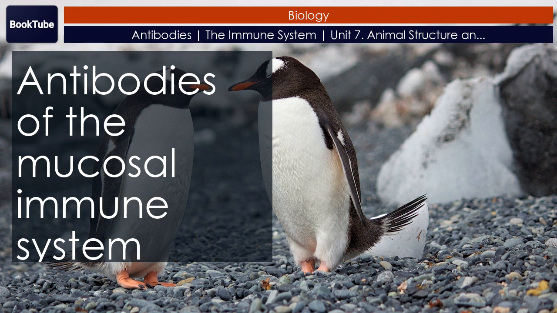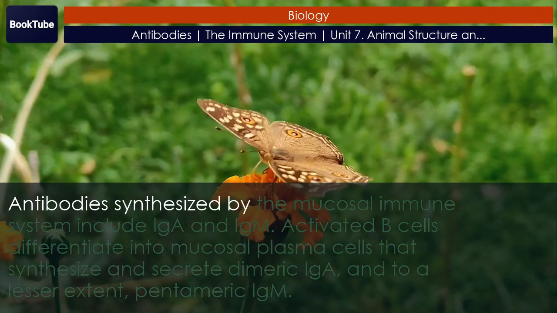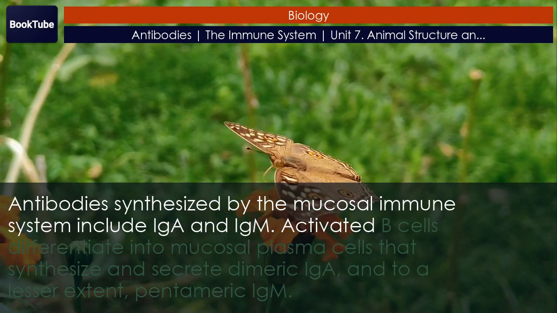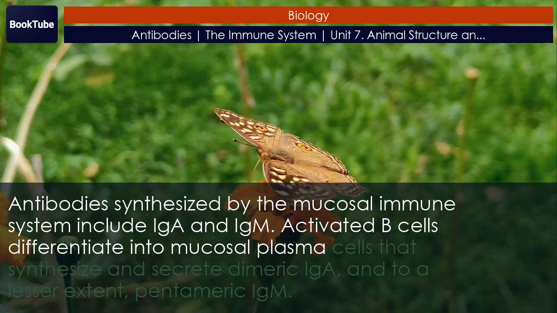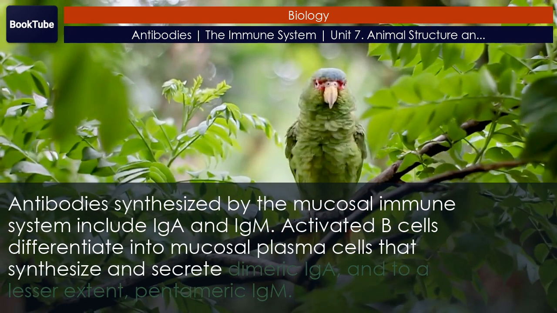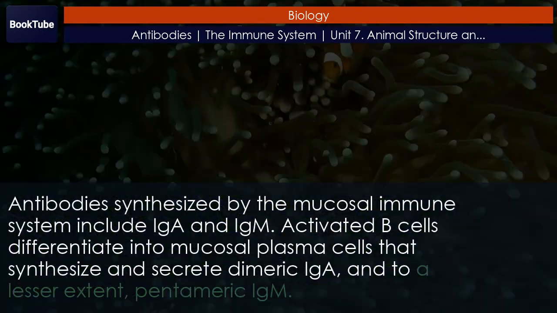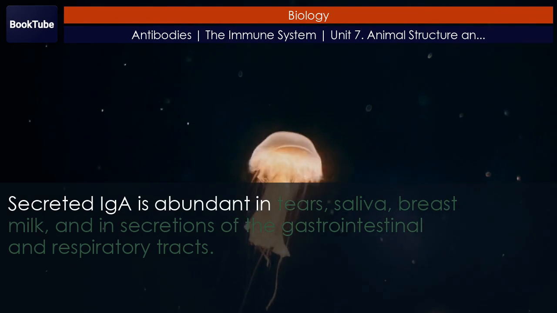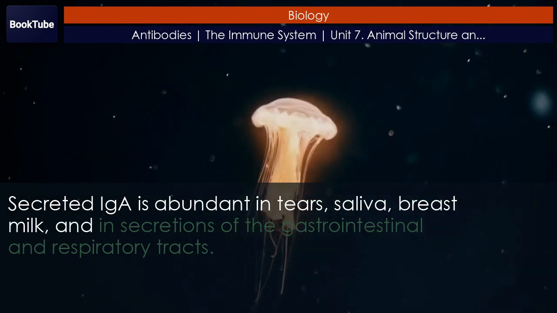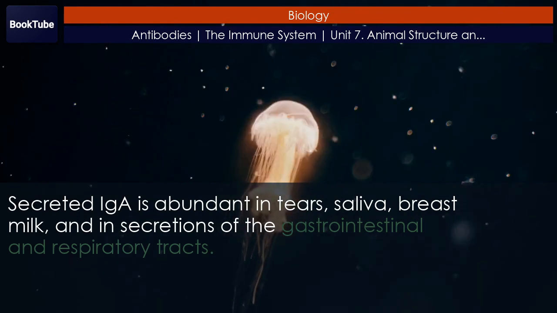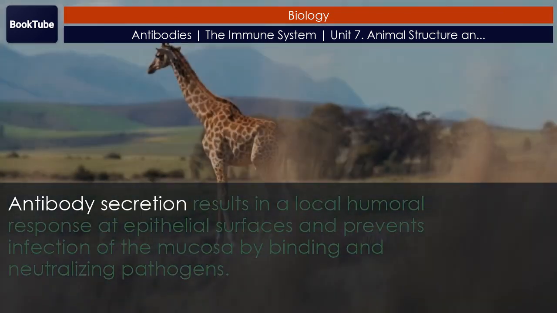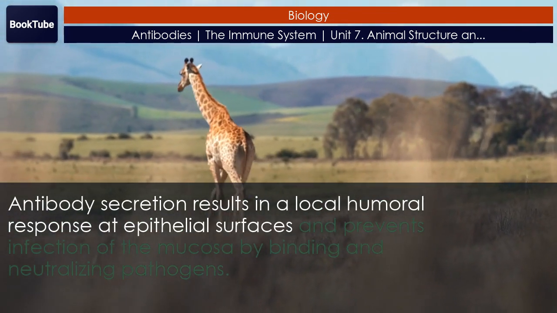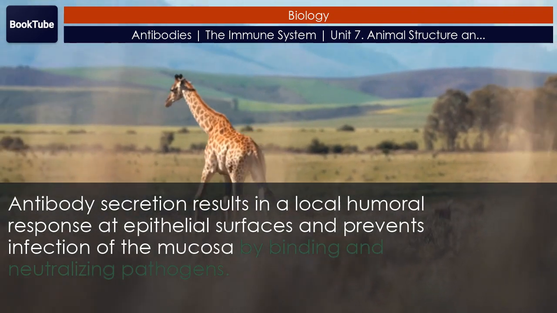Antibodies of the mucosal immune system. Antibodies synthesized by the mucosal immune system include IgA and IgM. Activated B cells differentiate into mucosal plasma cells that synthesize and secrete dimeric IgA, and to a lesser extent, pentameric IgM. Secreted IgA is abundant in tears, saliva, breast milk, and in secretions of the gastrointestinal and respiratory tracts. Antibody secretion results in a local humoral response at epithelial surfaces and prevents infection of the mucosa by binding and